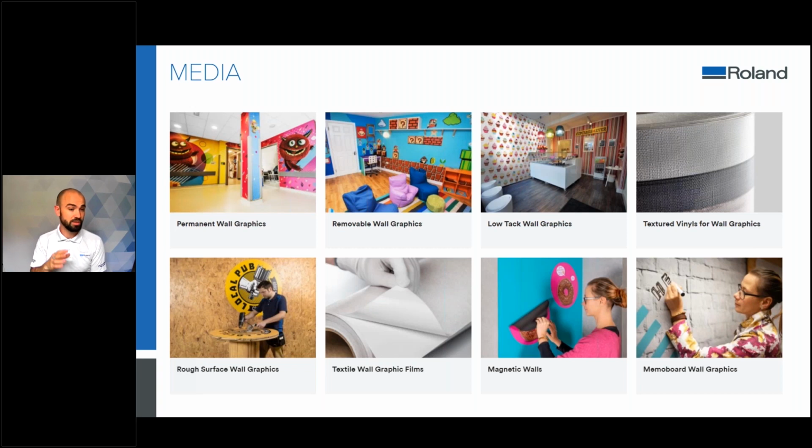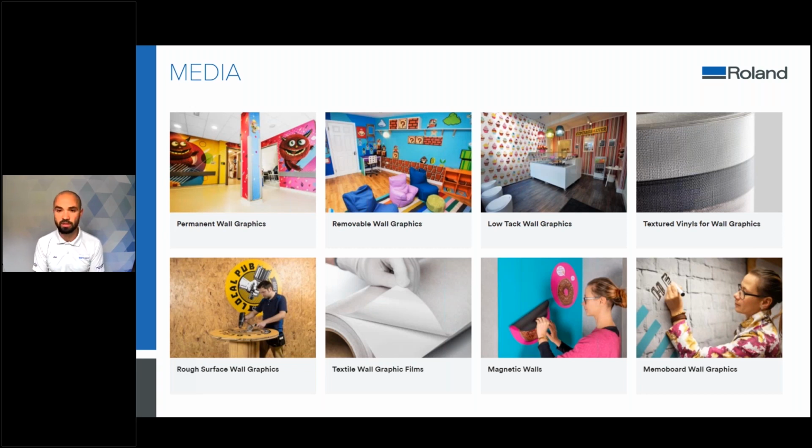Some of these different graphics may have air release adhesives, which basically means the adhesive is not a full solid coat, but it has small channels in it. So when you come to squeegeeing those onto the wall, the air bubbles that you may get when you're applying large graphics will have channels that they can move along, so you don't get creases when you try and squeeze them out. There's textured films that we can look at, things like linen feel or canvas feel vinyls. So they have that nice textured look of wallpapers, however, they are still printable,